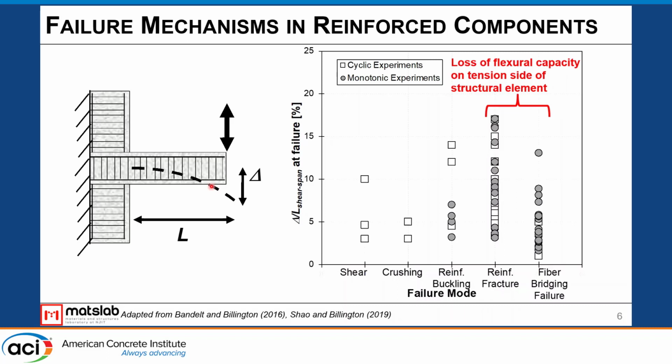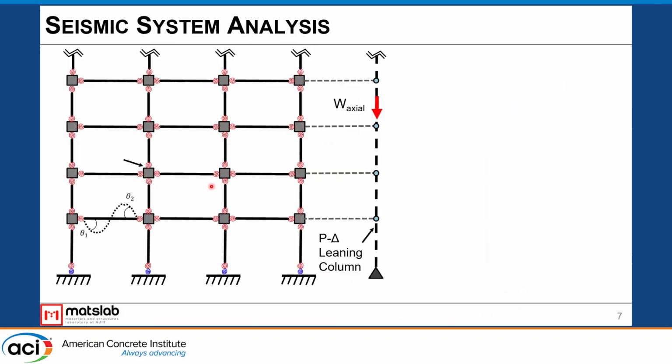They're failing due to loss on the tension side of a flexural element, right? And that might be fracture of the bars or fiber pullouts. And where this relates in seismic system analysis is, a structural engineer, if they were to design and analyze